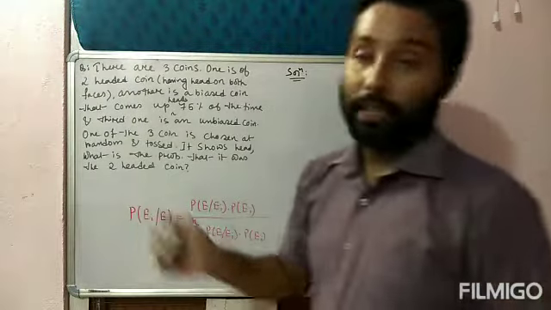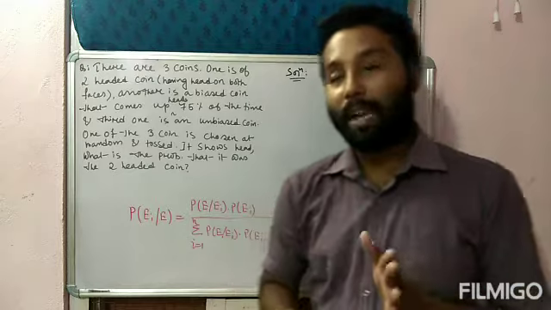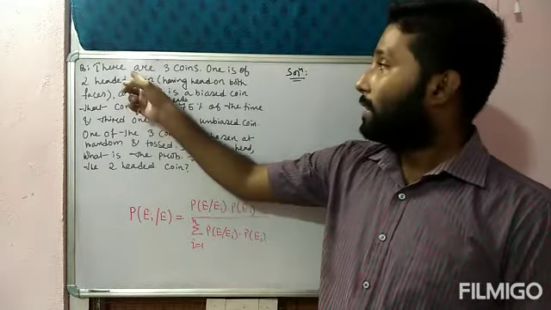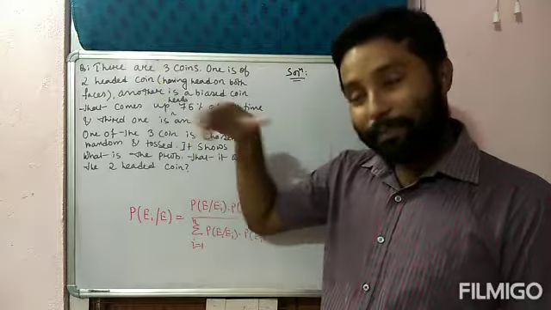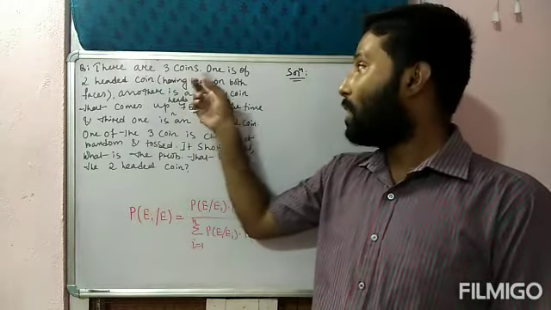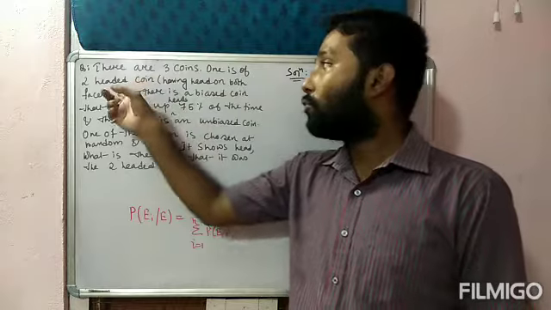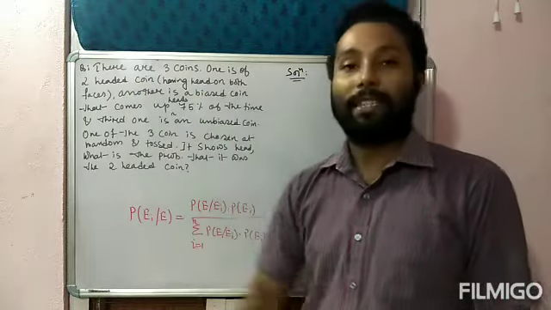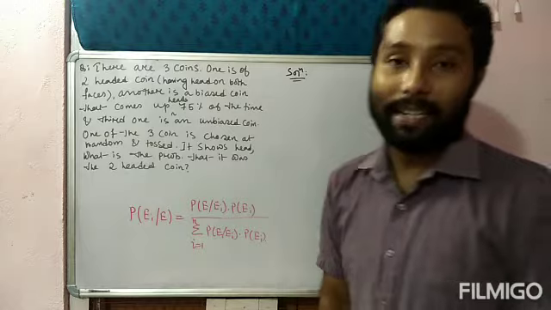So the next question, read the question properly. I'm explaining each and every model. Okay, there are 3 coins like the previous question only. There are 3 boxes. Okay, there are 3 coins. One is a 2-headed coin. That means having head on both faces. Both face में head है. ठीक है.